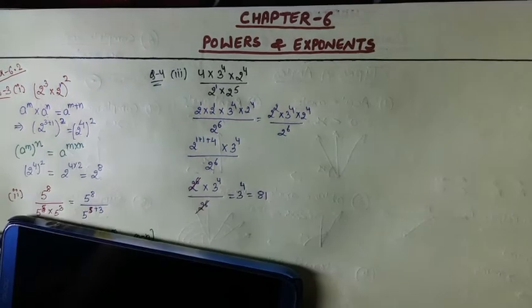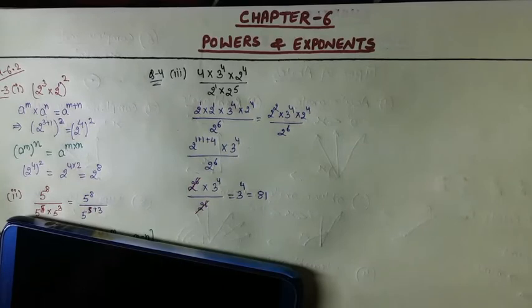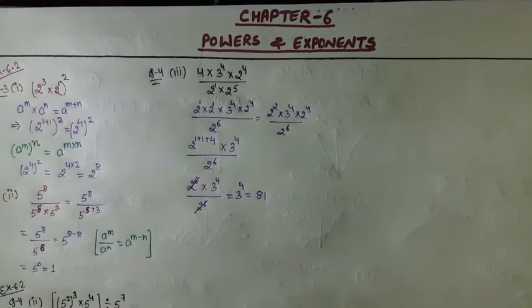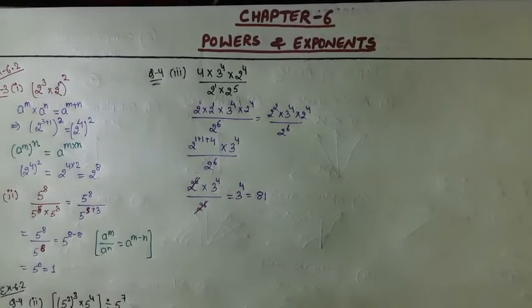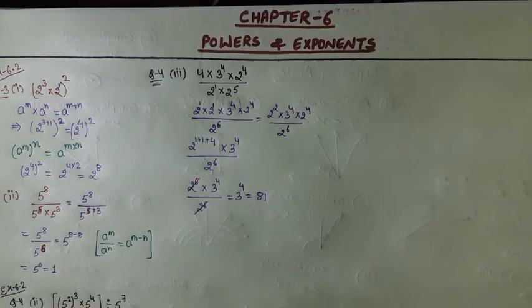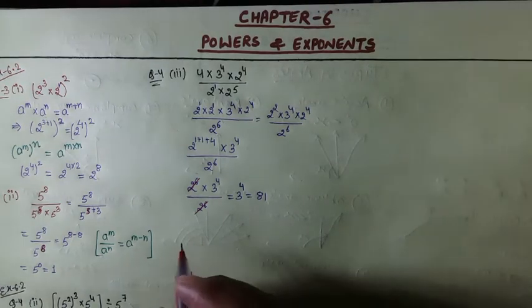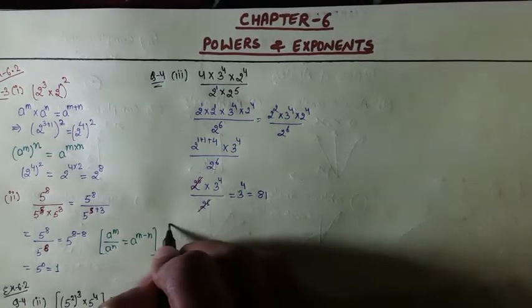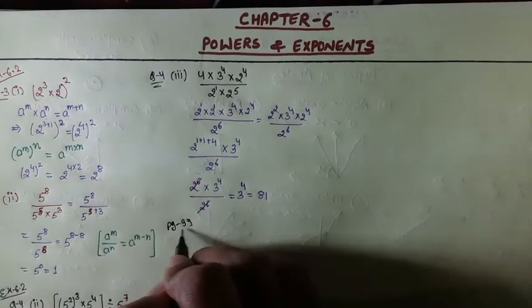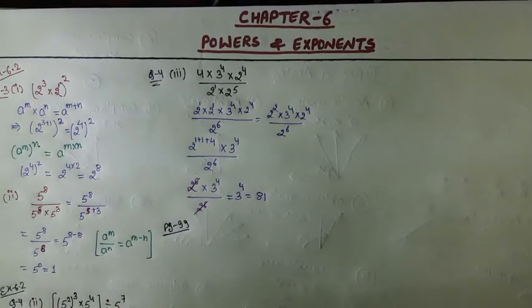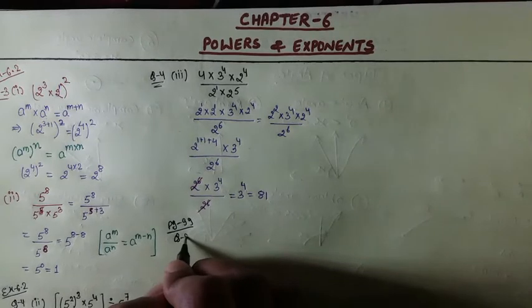Okay, next question. Do you have doubt from the review exercise? रिव्यू एक्सरसाइज से डाउट है? Okay, fine. Coming to the review exercise of chapter number 6, that is on page number 99. Just look at page number 99 of your textbook. On page number 99, look at the question number 9, second bit.